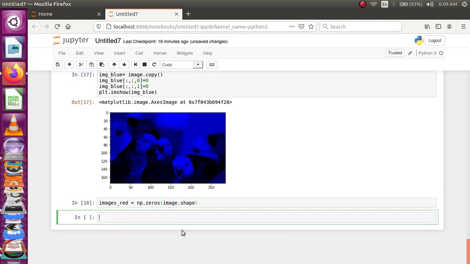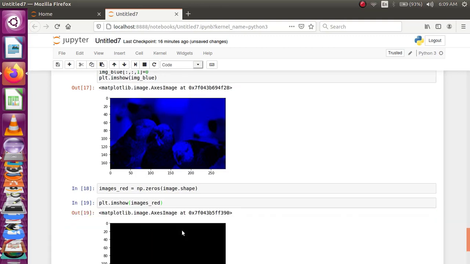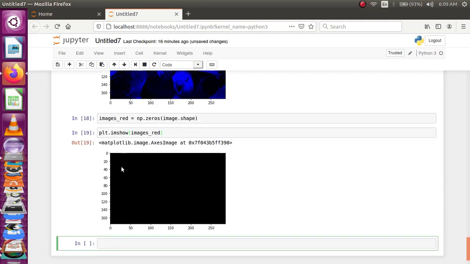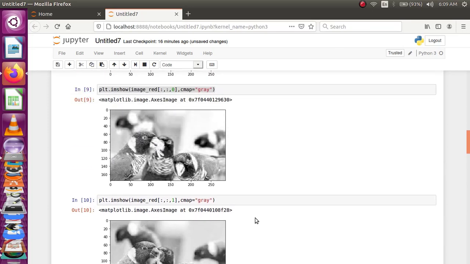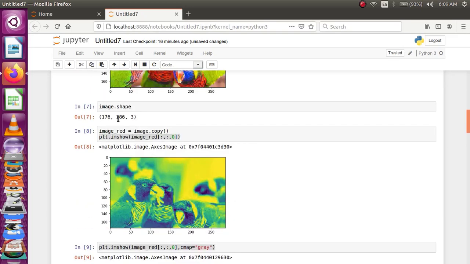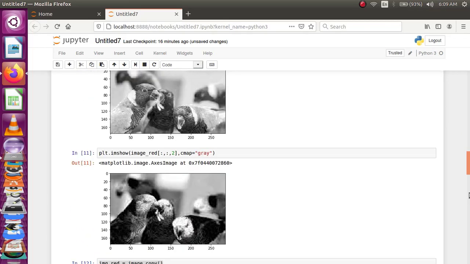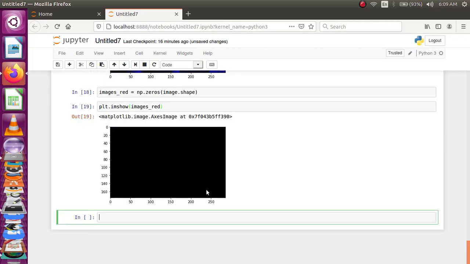If you want, just check by plotting it. It will have only the black image. So this creates an image of the same size, 176 cross 286, and it has all the 3 channels, but all the intensities of the channels are zeros.